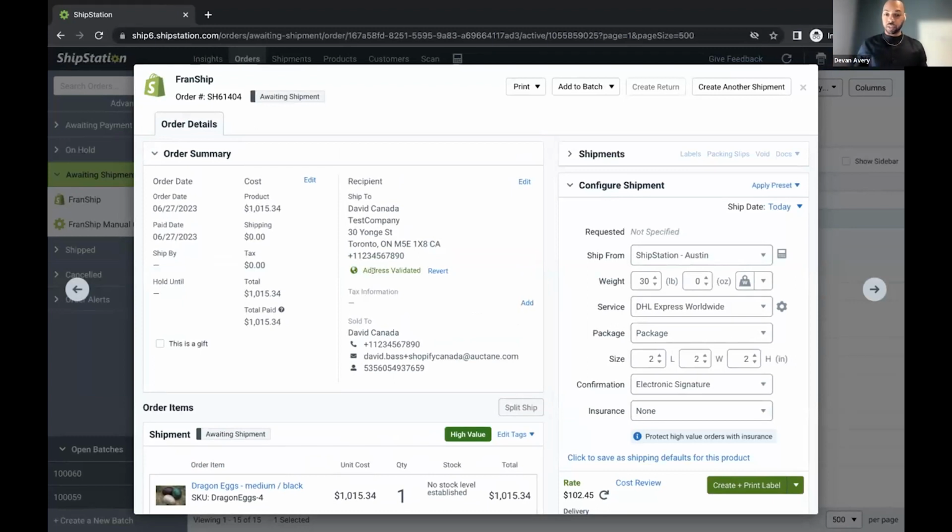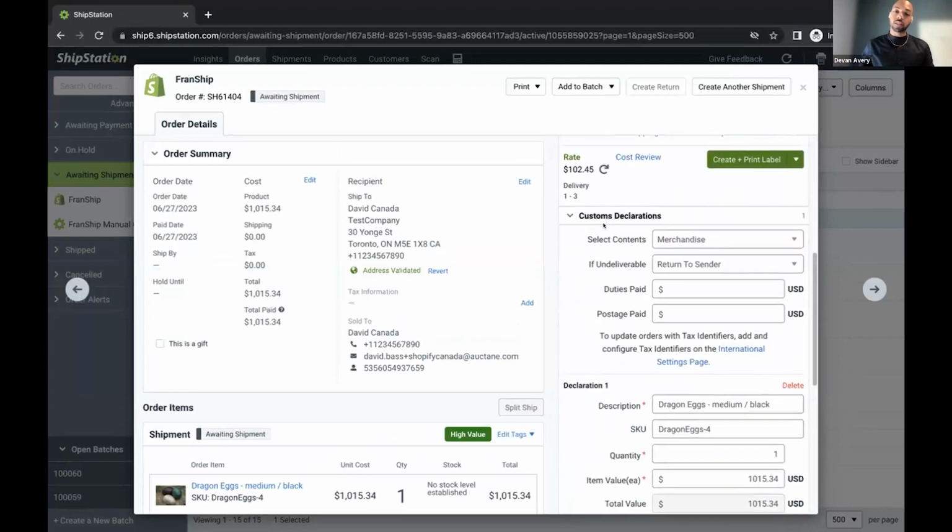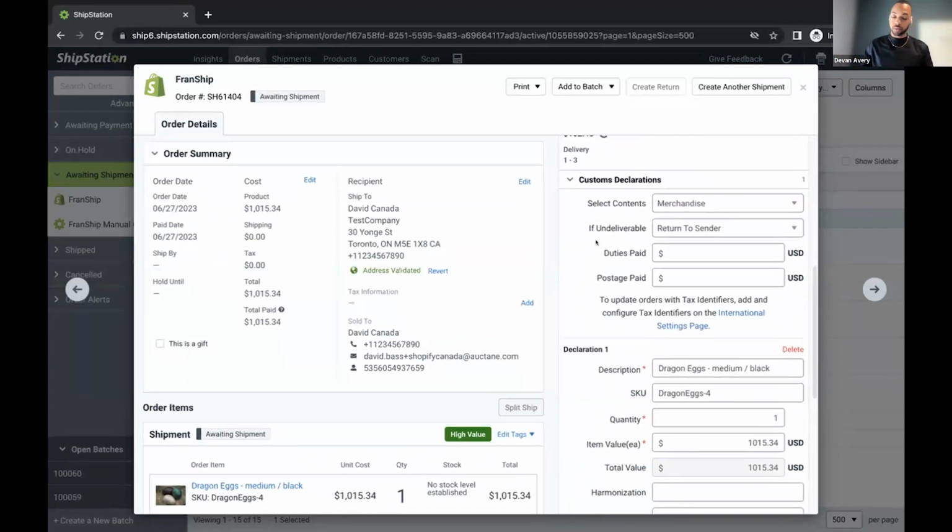The biggest difference, however, as I scroll down on the orders grid, is this customs declaration section here, right? This is a section that you'll want to make sure is filled out so that we can get the package to customs, get it through customs as quickly as possible, and then ultimately get it delivered to our customers. So for this customs information,